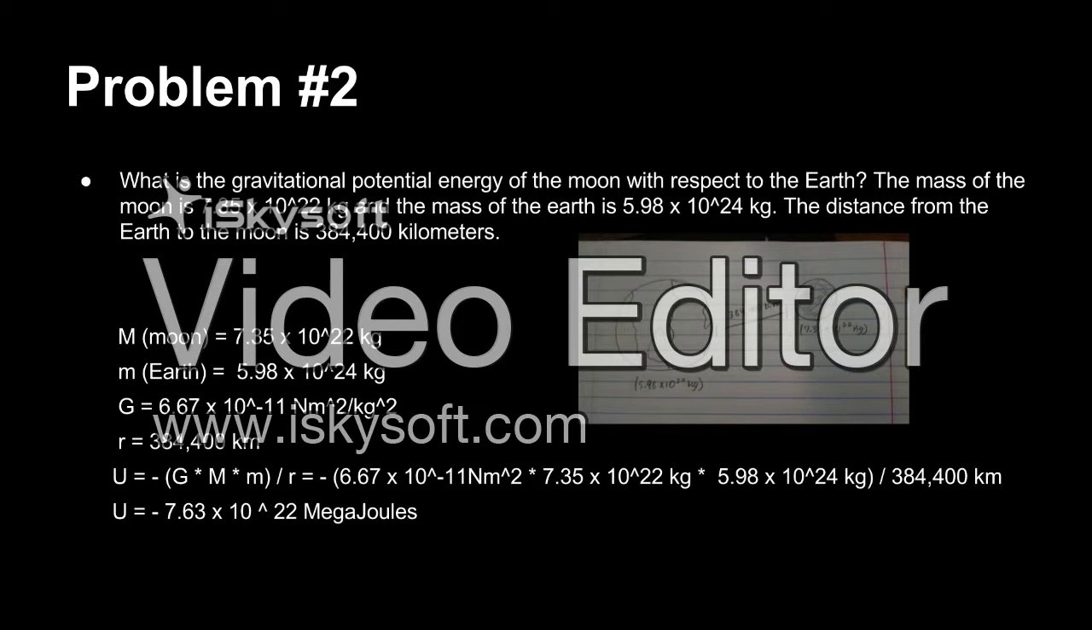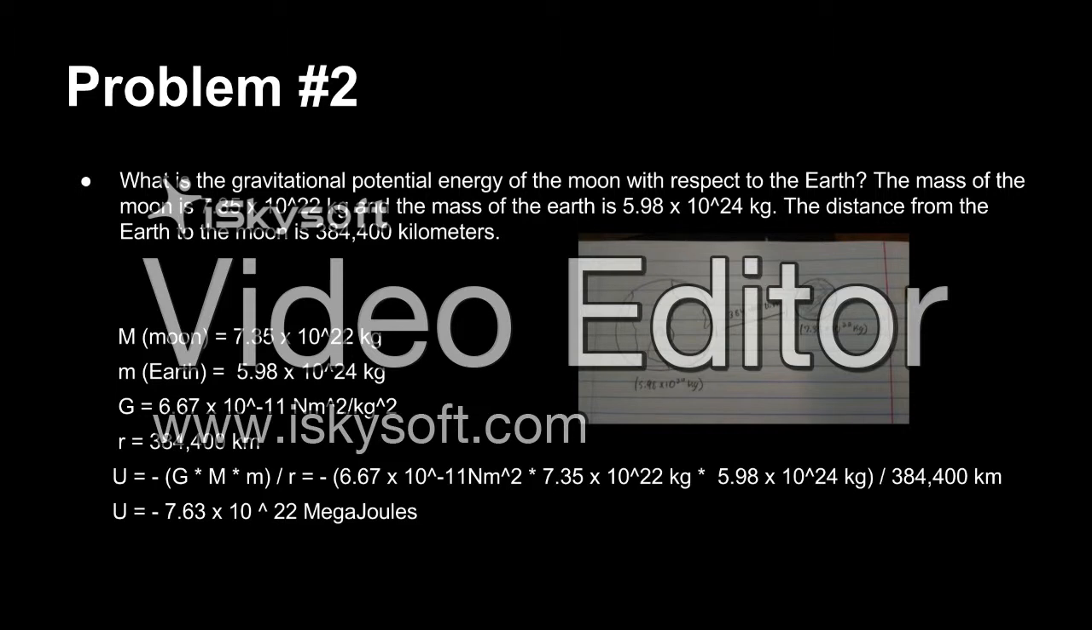Problem number 2. What is the gravitational potential energy of the moon with respect to the Earth? The mass of the moon is 7.35 times 10 to the 22nd kilograms, and the mass of the Earth is 5.98 times 10 to the 24th kilograms. The distance from the Earth to the moon is